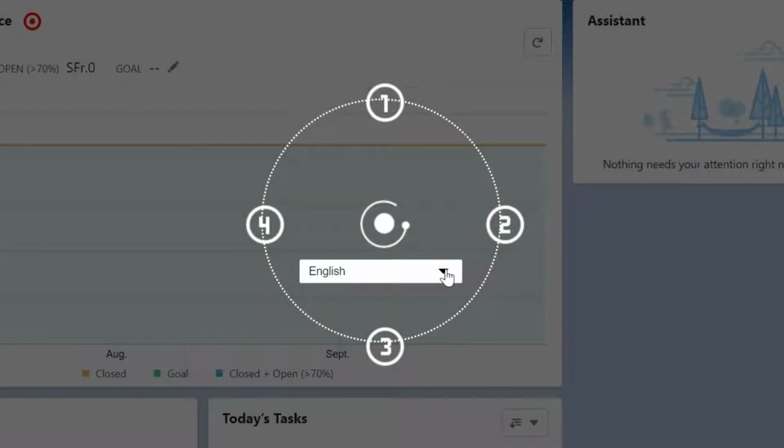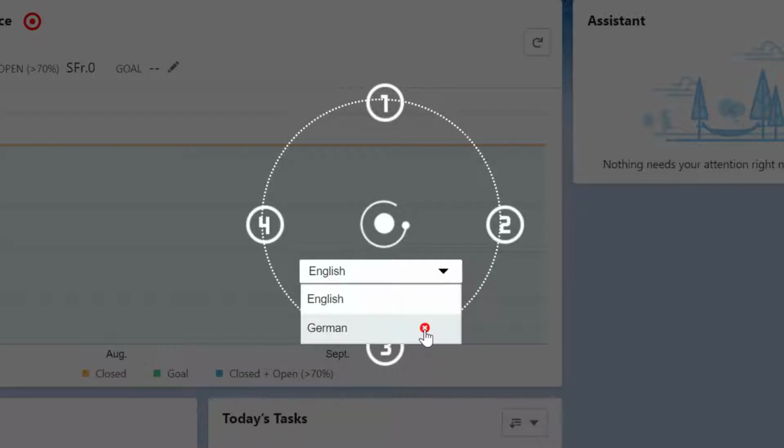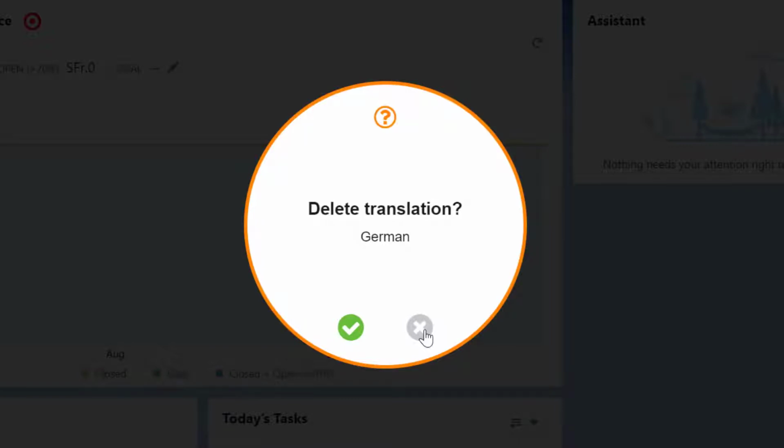If you want to get rid of a created language, you can do that also in edit mode. In the languages drop-down, all languages with content have a delete icon on the right side. Just delete it here and your additional languages content will be empty again.